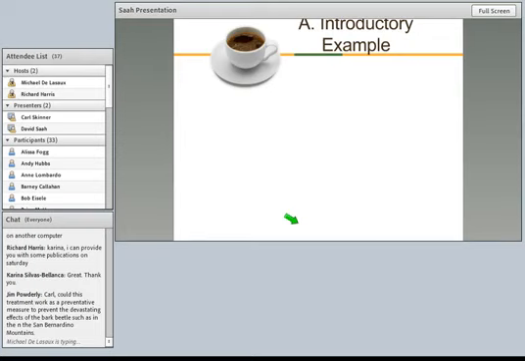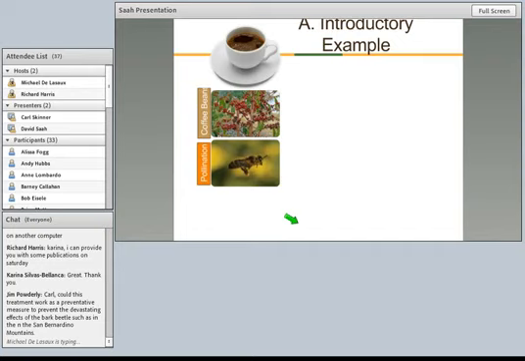So I figure I start with an example. And it's late in the day, and Carl's conversation was great, but coffee is something that kind of gets us all going here, and you'll probably need a cup of coffee after my talk. So that's the one I'm going to start with.